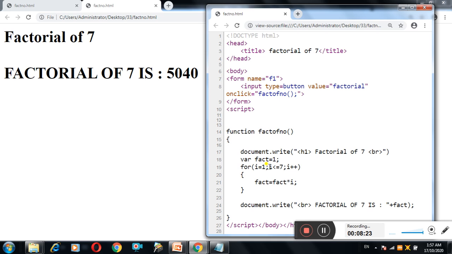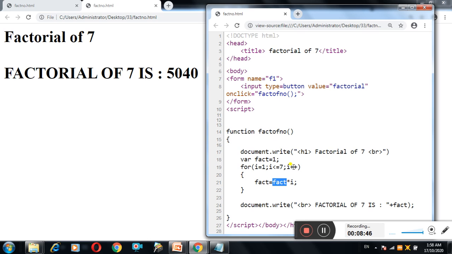The condition is right, correct? It will come inside, will calculate fact * i. The value of fact is 1, the value of i is 2. So it will multiply 2 and 1. 2 into 1 is 2, correct? So the value of fact is now 2.